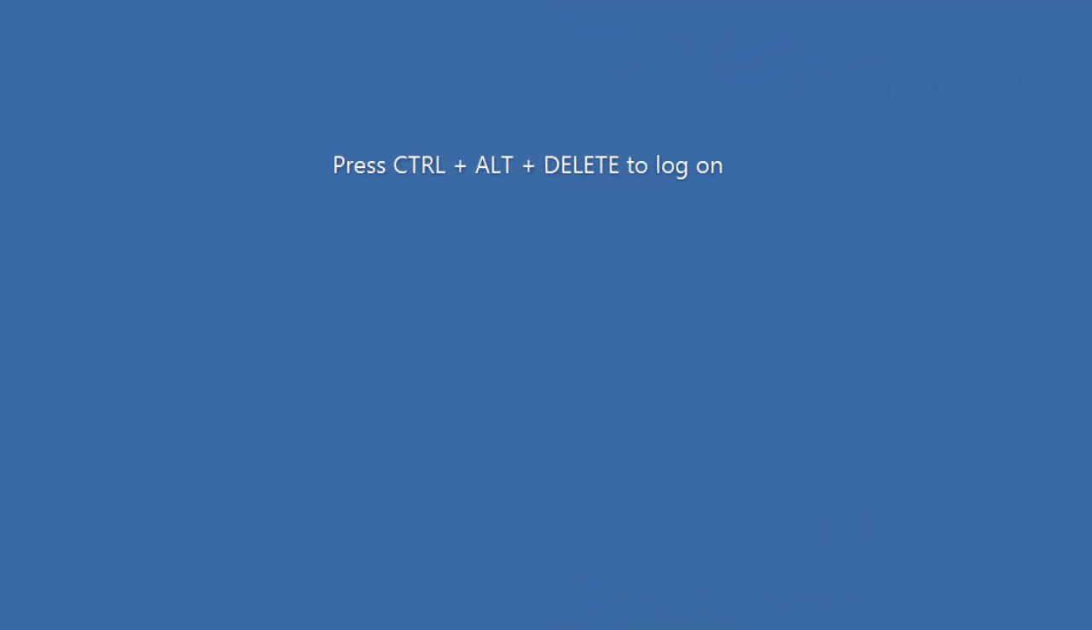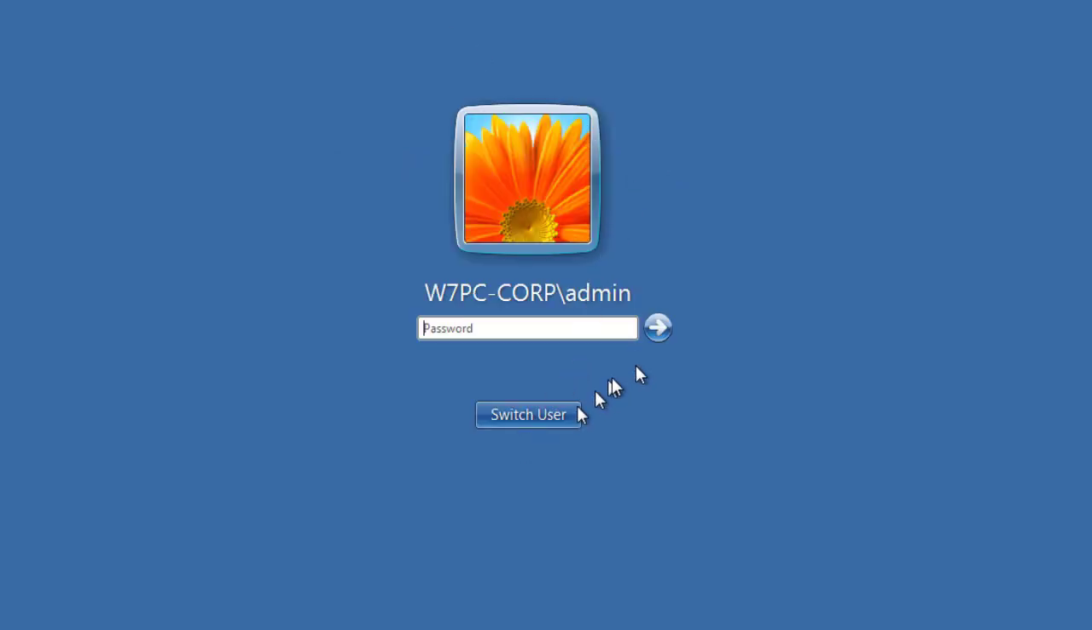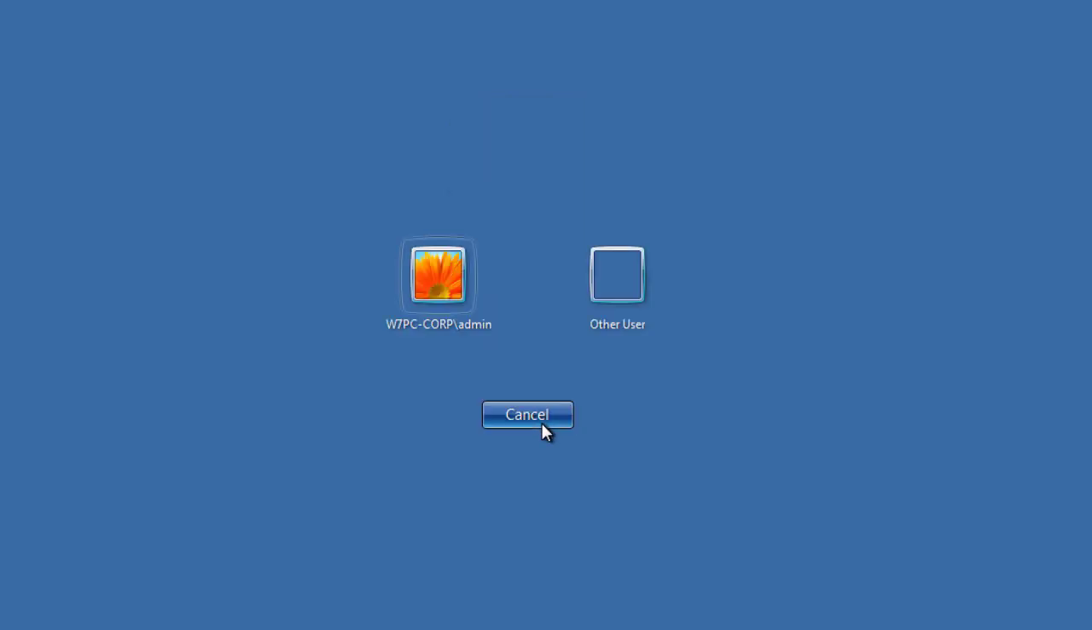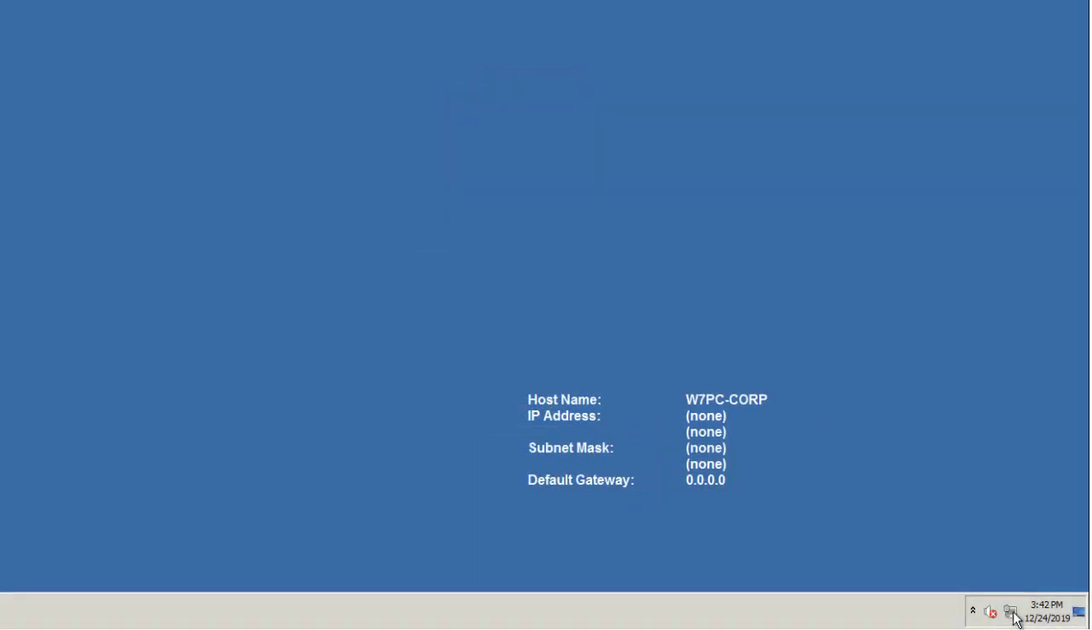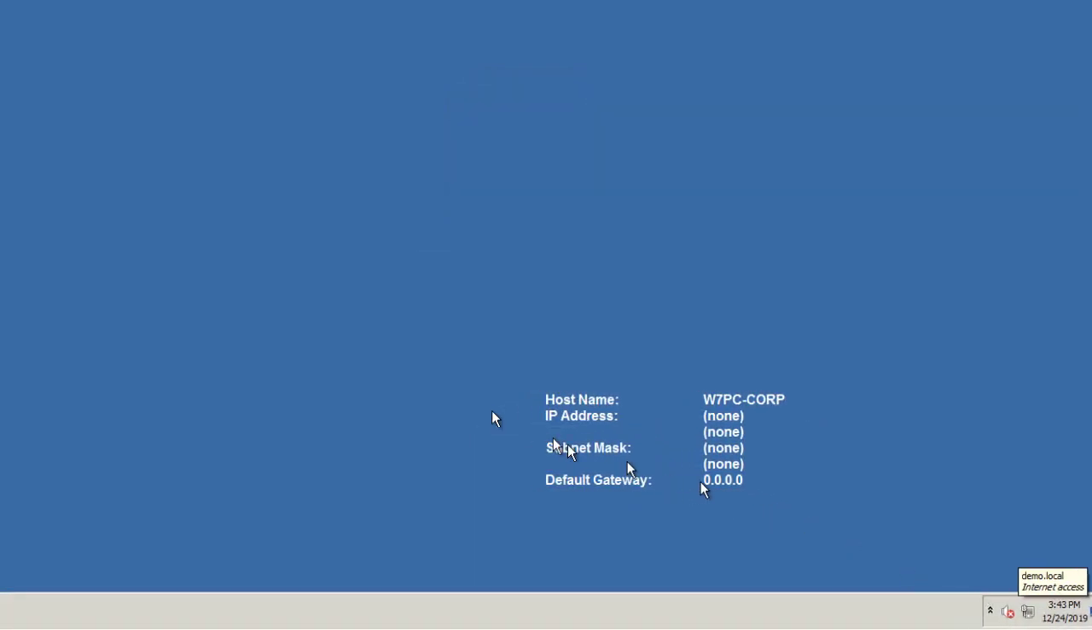Let's go back and validate that our authorization has been successful for WPC7 Corp. And in this case, we'll log into a domain account. You can see that we are a domain member computer, and the account that we're typing in is a domain account. Just to make sure our NIC comes up authenticated, we see that we've got internet access from the perspective